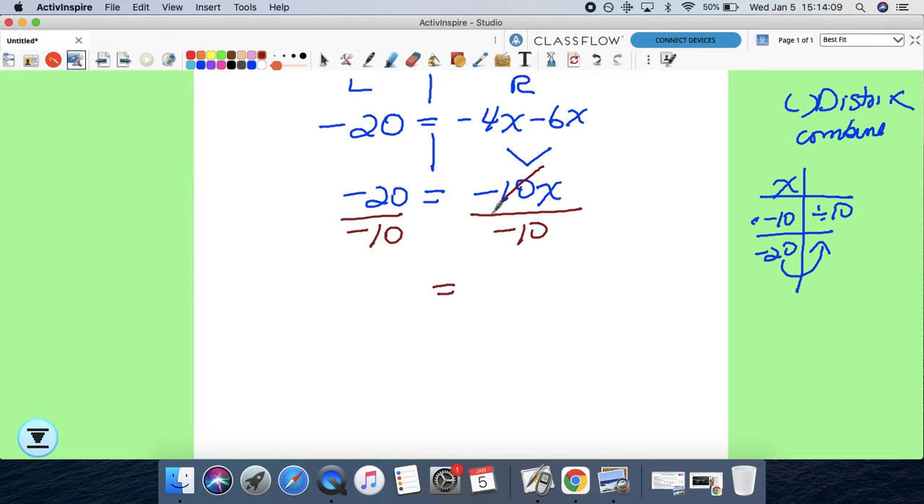Negative 10 divided by negative 10 is positive 1, or just 1x times x is 1x. And negative 20 divided by negative 10 is 2, because negative divided by negative is a positive, right? And 20. So now we do our check. So our check,